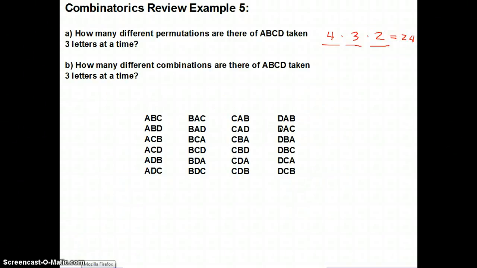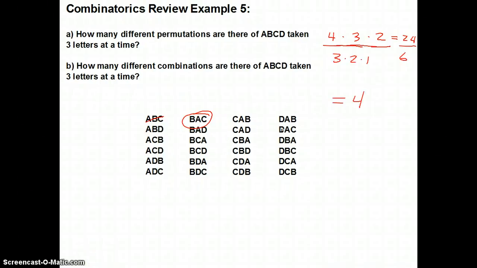The combination, we have to exclude some of these repeats, like ABC is the same as BAC according to a combination. So we have to divide by the number of ways which we can arrange the 3 letters, which means we have 4 different ways we can arrange